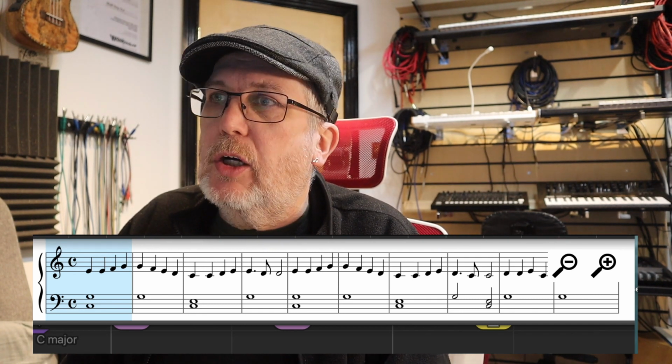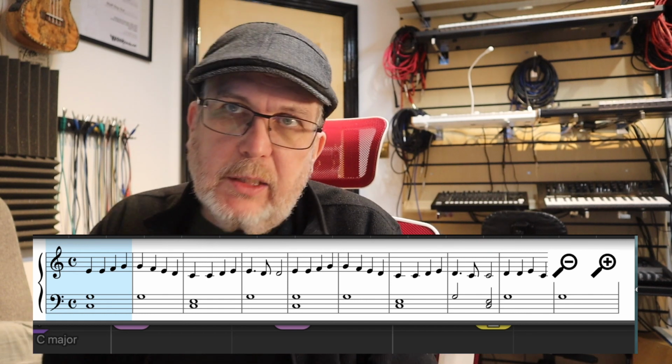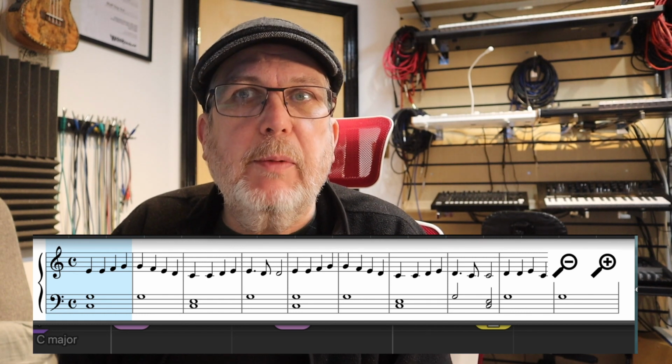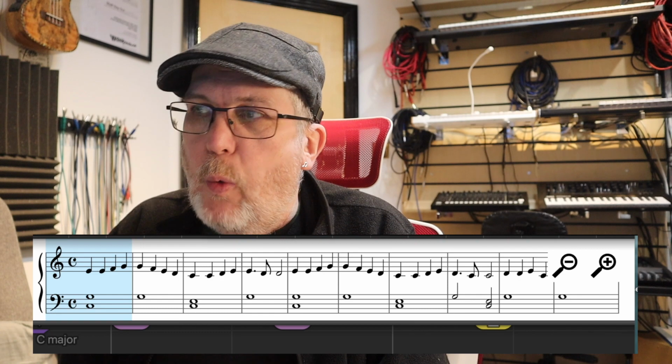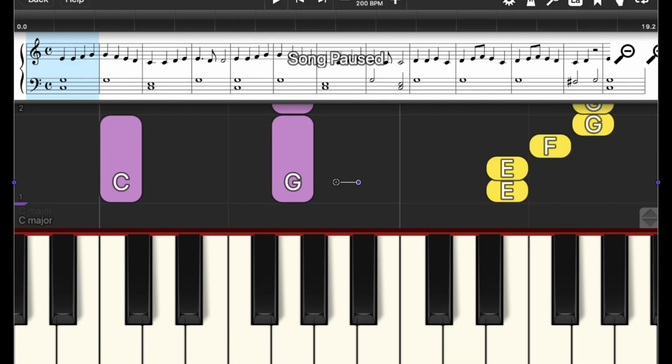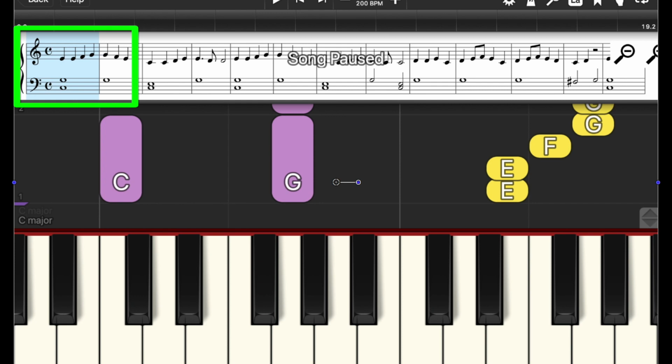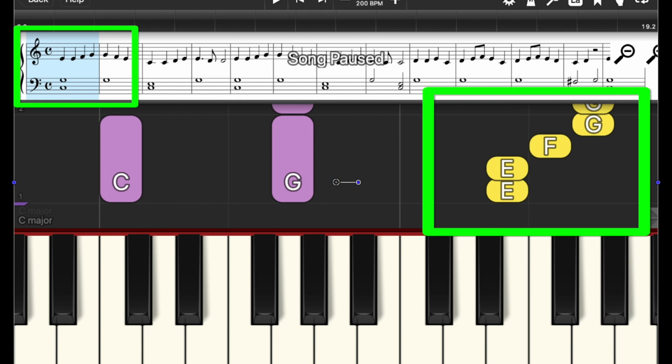When we look at all of these notes, they might seem quite intimidating, because at this moment in time you don't know what the letter names of the notes are or where to put your hands on the keyboard. What this will do is show you exactly where to put your hands. As we go through the piece of music, we're going to ignore the purple left-handed part for the moment. We're only going to concentrate on the yellow part, which is just for the right hand. And as you see, our first notes here are 2 E's followed by an F followed by 2